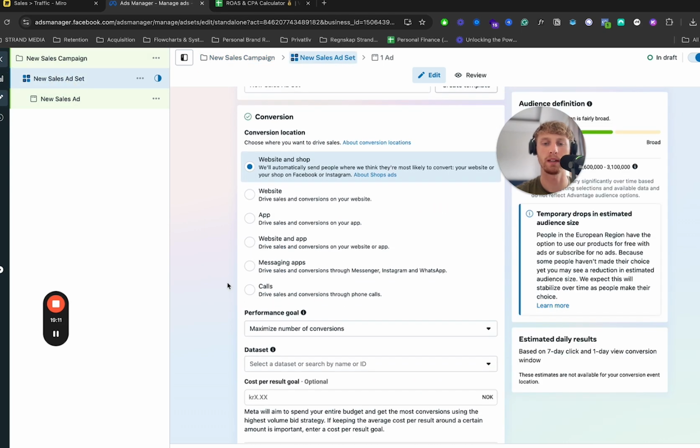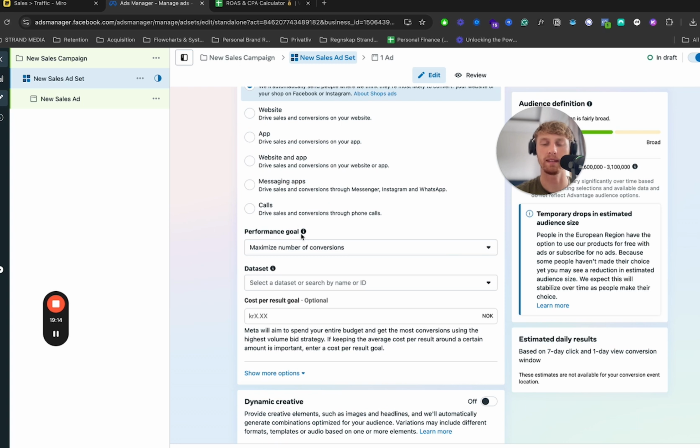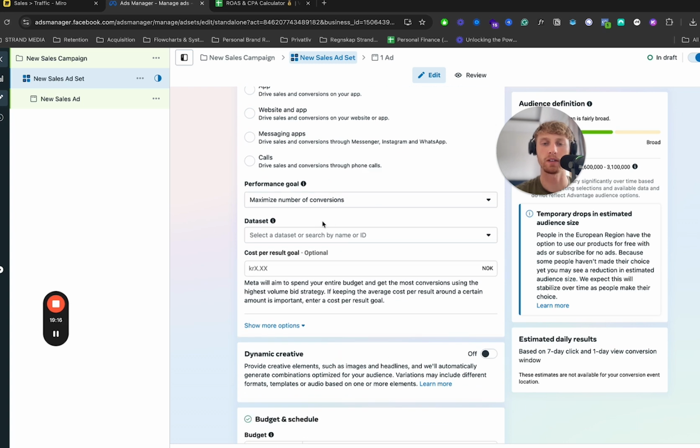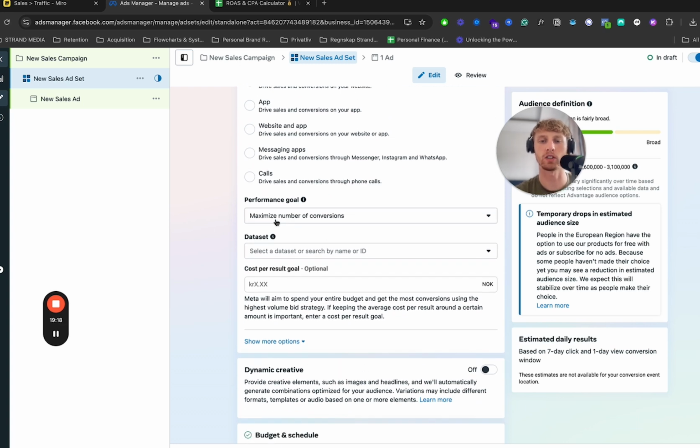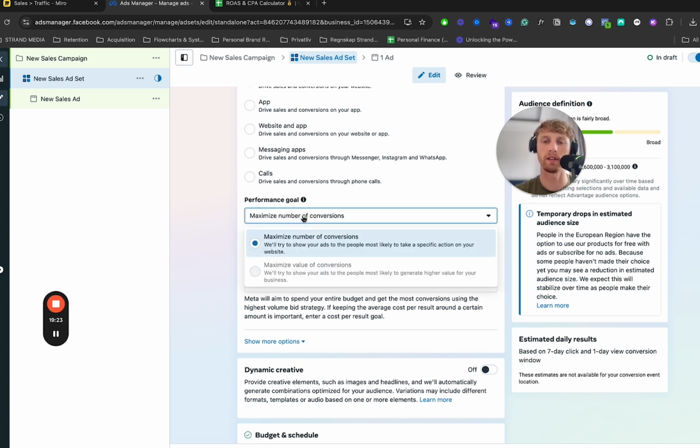Now, here it's really important that you pay attention to the performance goal. As you can see, by default it now says maximize number of conversions. If you're running an e-commerce store with multiple different SKUs, it's very important that you turn on maximize value of conversions, because at the end of the day, you want to optimize for the highest possible ROAS. To do that, you need to optimize for just getting the conversions that have the highest value possible. So you want to prioritize putting your ads in front of people that are likely to make high value orders